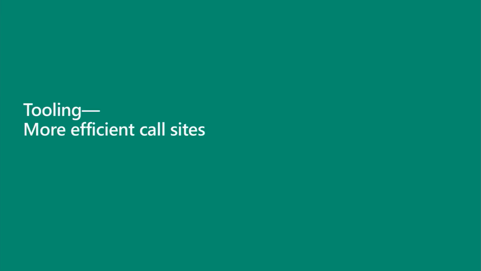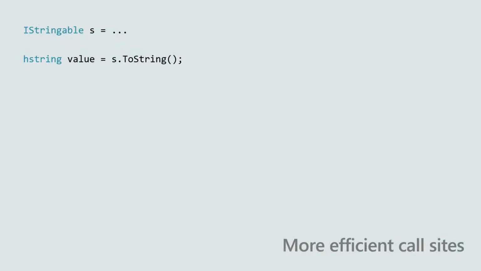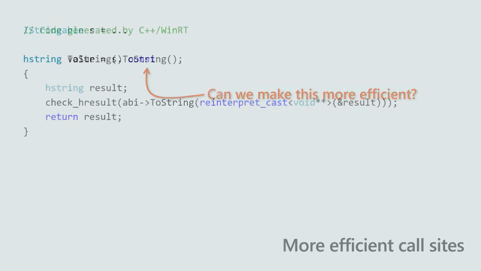More efficiency. If you know anything about me and my history, I'm obsessed with performance and efficiency. So I've always considered making something that is a zero overhead abstraction. Look at this simple example. We have an IStringable interface. It makes a very simple method call to the ToString method. So really, this should be as simple and as lean as possible. How can we make this more efficient? Well, it turns out we can.